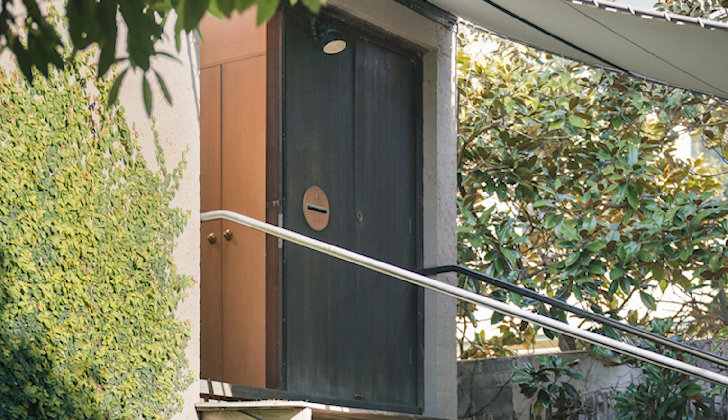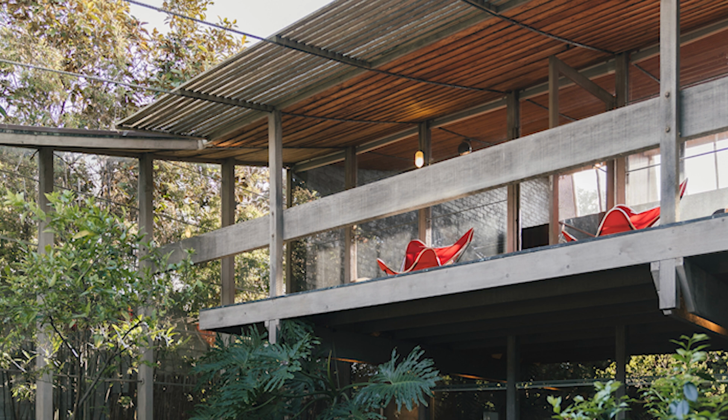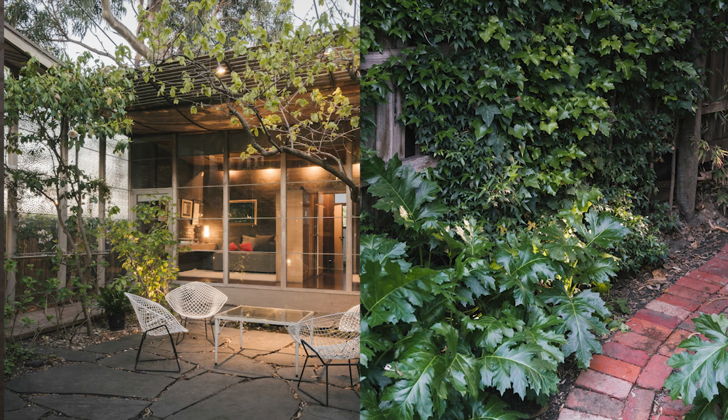So for those of you who are new to Walsh Street, which I think there are a few of you here today, the residence was designed by Australian modernist architect, author, critic and public educator Robin Boyd in 1957. Boyd used Walsh Street as an opportunity to design an experimental home for his family. As you will explore today, the residence consists of two open-plan pavilions that are unified by this beautiful glazed internal